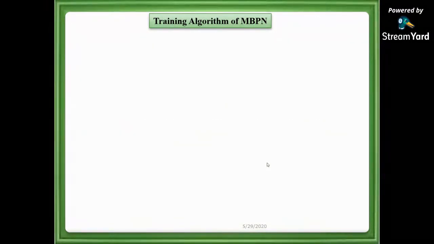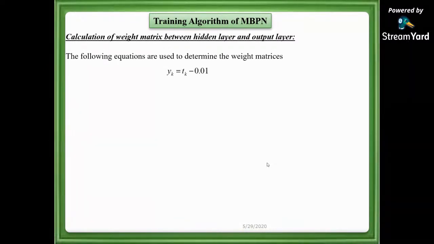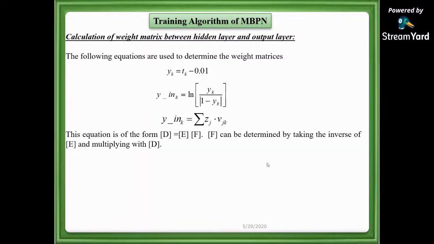Same way, how will you proceed with the output layer estimation of weights? Same formula. Here the formula is Tk minus Yk, where Yk is the output of the output layer. Zj is the output of the hidden layer. So from the same formula, you can find out Yink, the net value of the output layer. The formula says Yink is equal to Zj into Vjk. If you know Yink and Zj from the previous stage, it is very easy to find out Vjk. So you can find U and V with a simple mathematical calculation instead of going for iterative procedures.